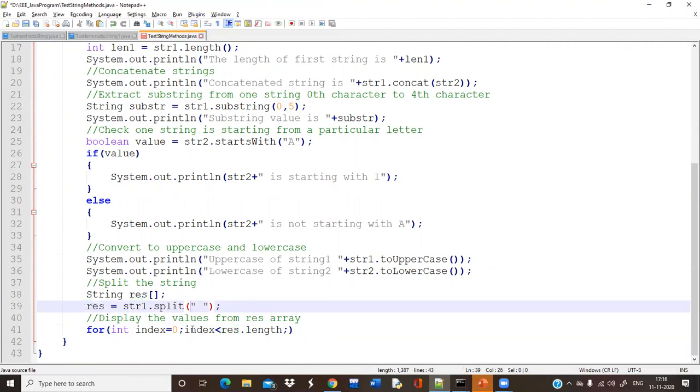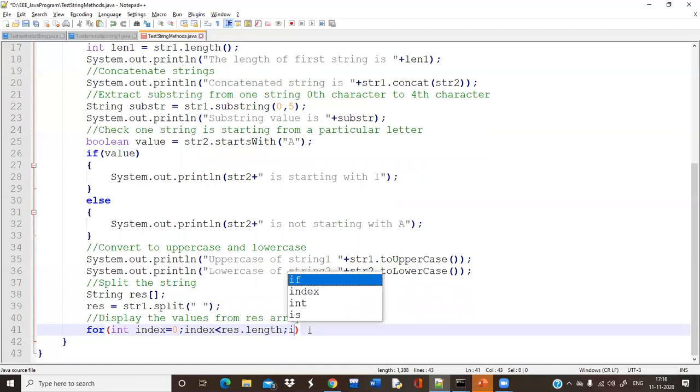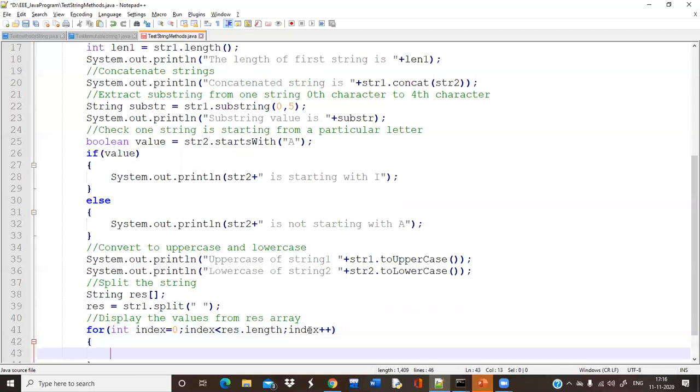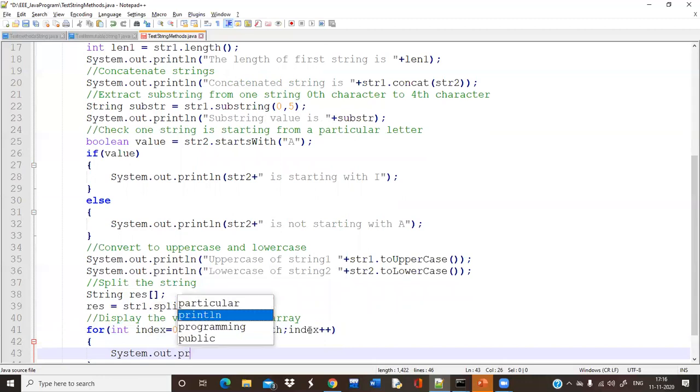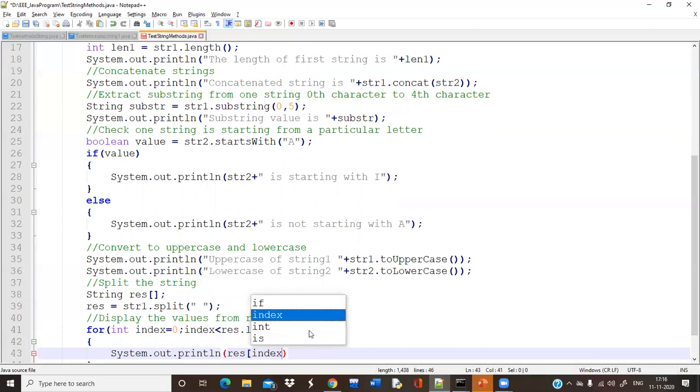So after that, I am printing the resultant array. Okay, so if it is an array, I have to write length only, not the method symbol. Here, then index plus plus. So what I'll print? System dot out dot println res of index.